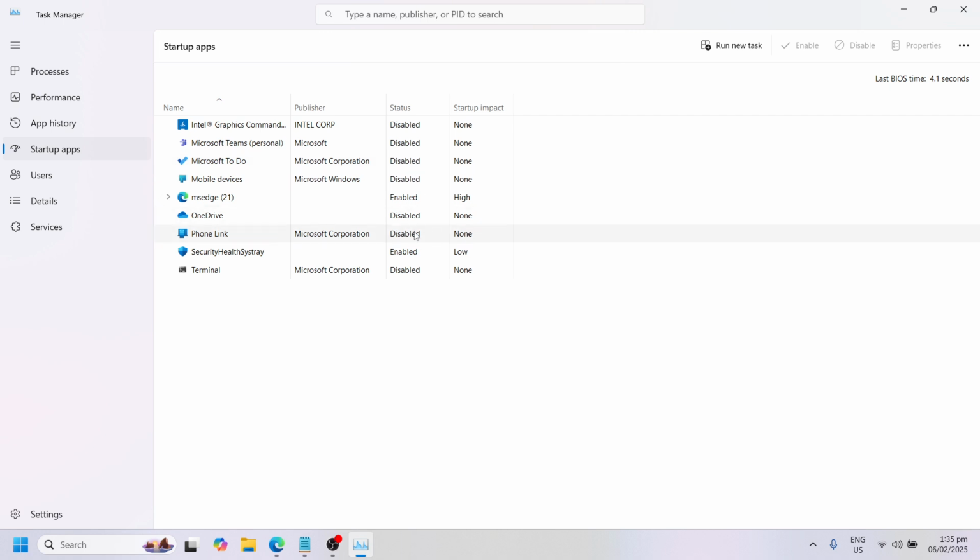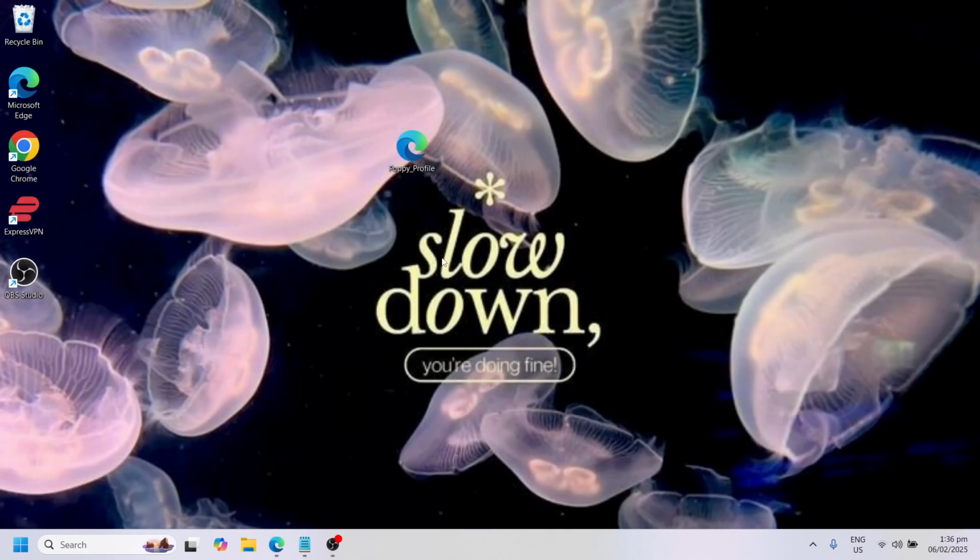Okay? Just have to make sure that the Security Health system tray is enabled because this will protect your computer from any viruses. Okay? Next is when you open your Google Chrome